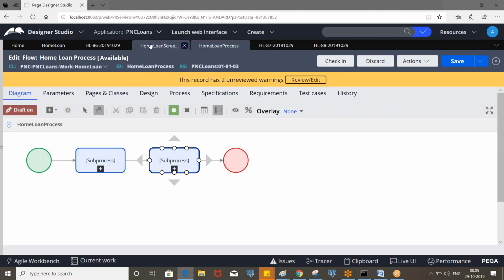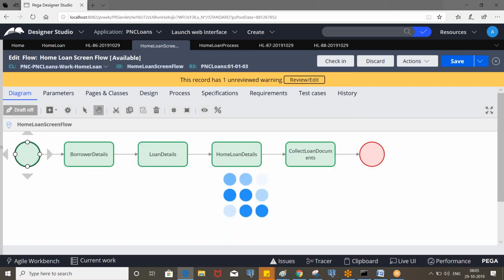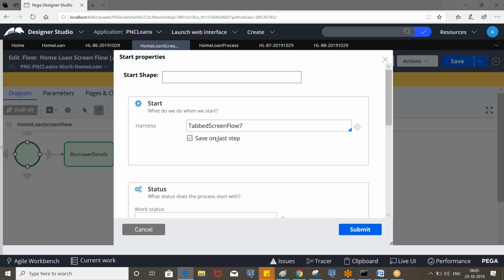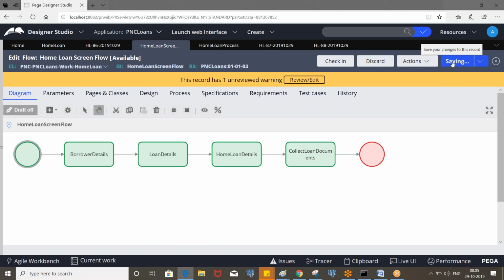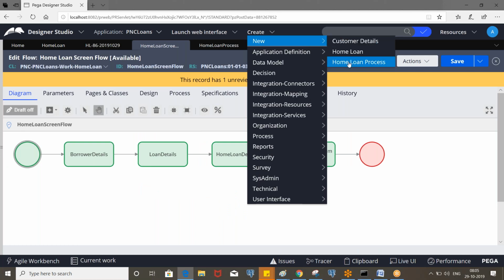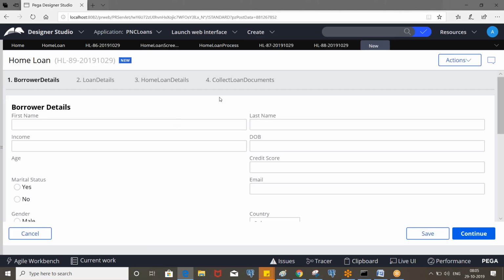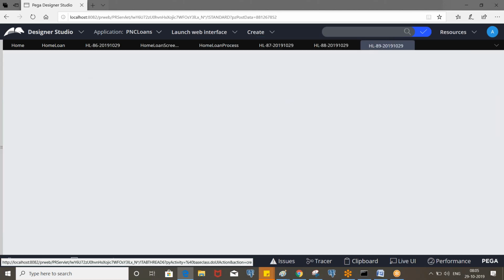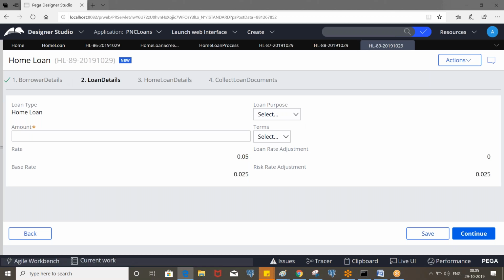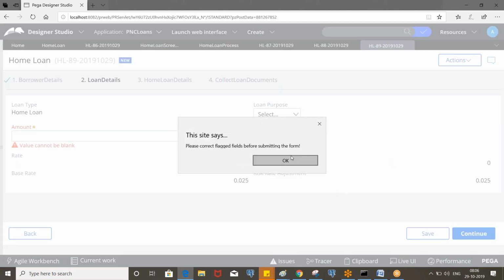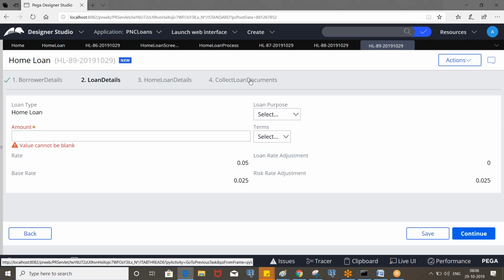So now in the screen flow, let's select this option, the save on last step, and let's see what will happen. Now see here.